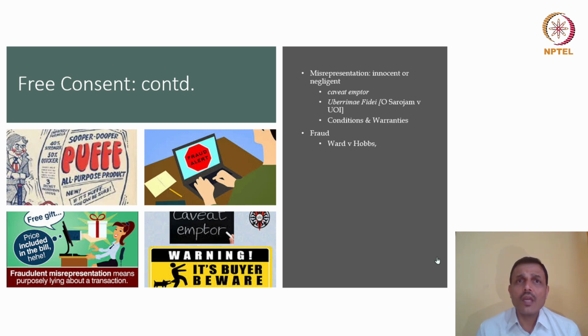For example, could the government have discovered the truth of a false document that was submitted in a tender? And they did not discover the truth. They did not take efforts in discovering the truth. In that case, the government cannot take the risk of saying, oh, a fraud has been committed upon us. Because the government must take its responsibility in finding whether the documents were authentic or not. That kind of verification or scrutiny, as we call it in tendering contracts, must have been done. So if you have the ability and you fail to exercise that ability of discovering the truth, a fraud cannot be made out. That's very clearly what is there in contract law.